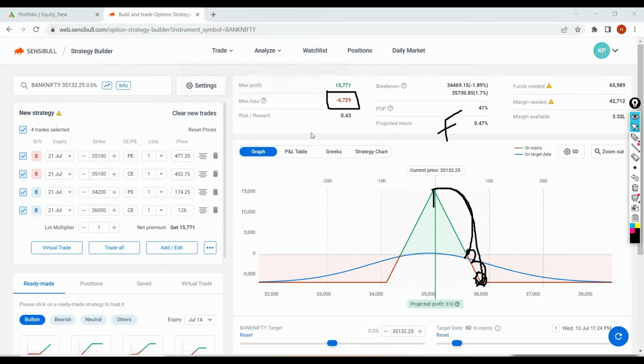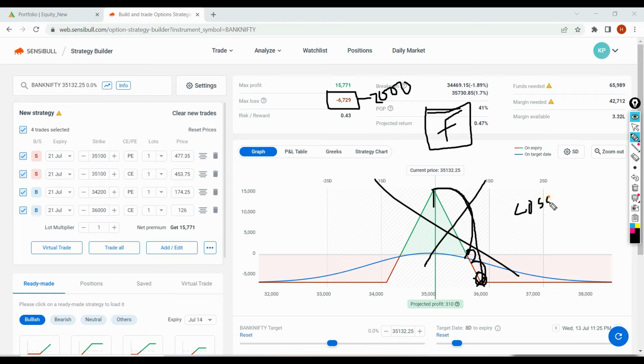Read this entire message. But on the next day, Friday, you will not be into the 6,729 loss. You are only on Friday, and this is your loss on the expiry. So maybe you might be at 2000 or 2500 loss based on the VIX and everything. So I would rather say exit the entire trade,